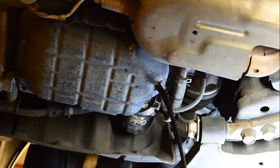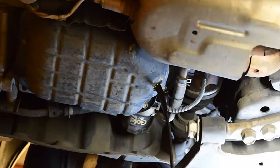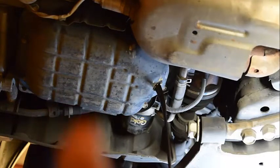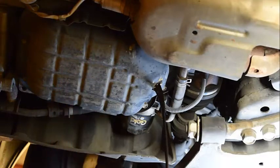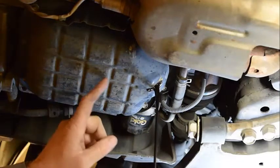All right. Looks good. Now, meantime, I'm going to go look up, and I'll have a video for this in our program, as to what torque to tighten this oil pan bolt down to. It would be a bad day, okay,